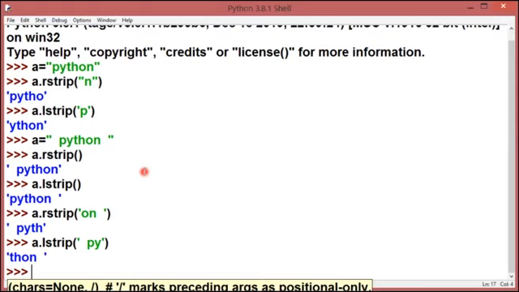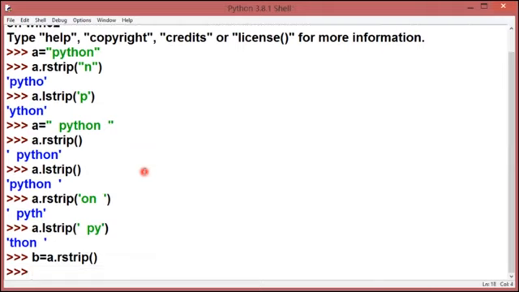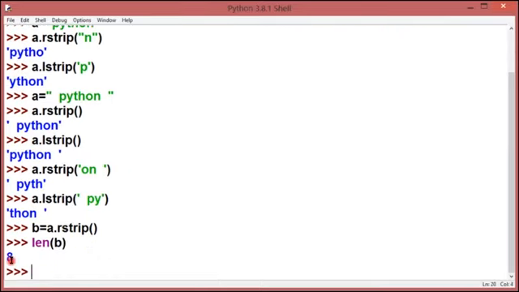For example, if I say B is equal to A dot rstrip, right? And if I say length of B, then I'll get 8 as a result. Why? Because 2 spaces in the starting, 3, 4, 5, 6, 7, 8. Otherwise, the length of my string is 10.